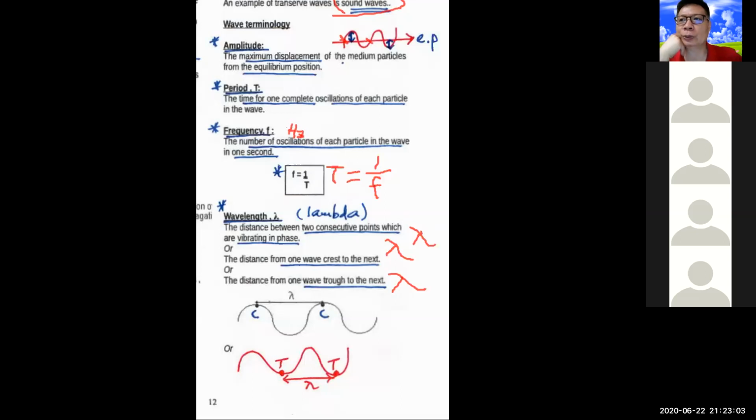Normally, how do you do it? How do you determine the values of frequency? Use a formula. What formula is that? 1 over T, 1 over period. F equal to 1 over T. Okay, next one is